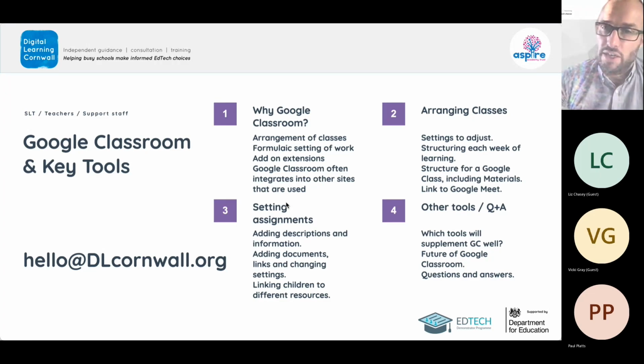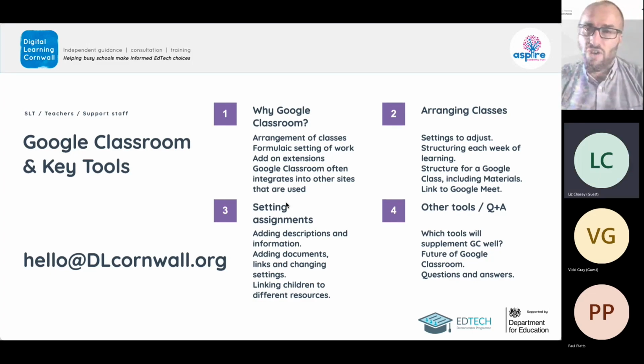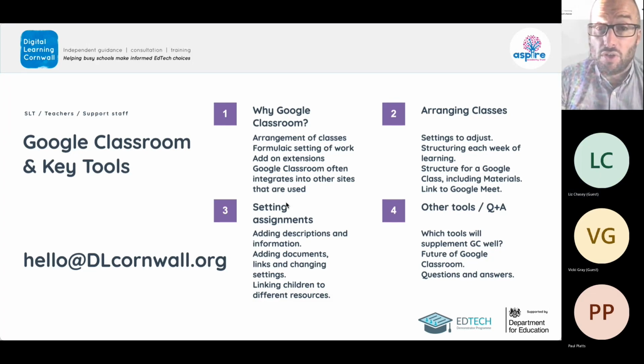And the fact that it uses Google logins, which are becoming quite ubiquitous in schools, is a clear advantage, because you can link to all sorts of other websites and web-based programs to use. So we've got a bit of a rundown, a structure about why we use Google Classroom. We'll look at some of the basics with arranging classes and go through some of the settings that you might want to change. And then a look at the basic idea of setting assignments, and I'll also look there at the